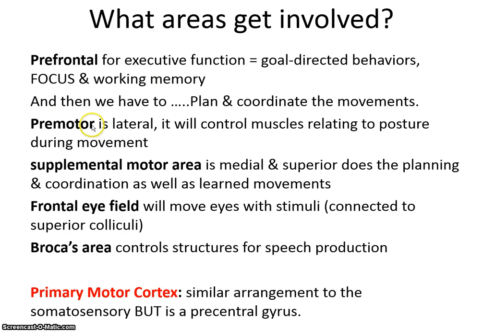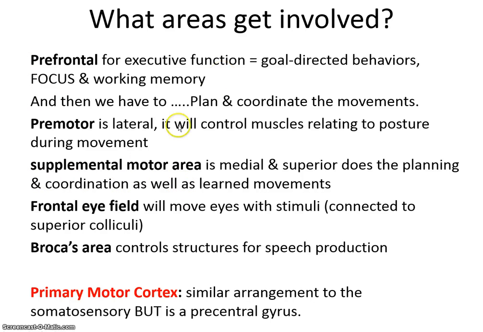The premotor area is there to figure out how we're going to move. Remember, you're a complex machine and many parts are moving at once, so we're talking about posture during the movement and balance during the movement. That's the premotor area. There are also supplemental motor areas, medial and superior, which do planning and coordination as well, and help us with learned movements. Again, these aren't shown very well on your brain models,